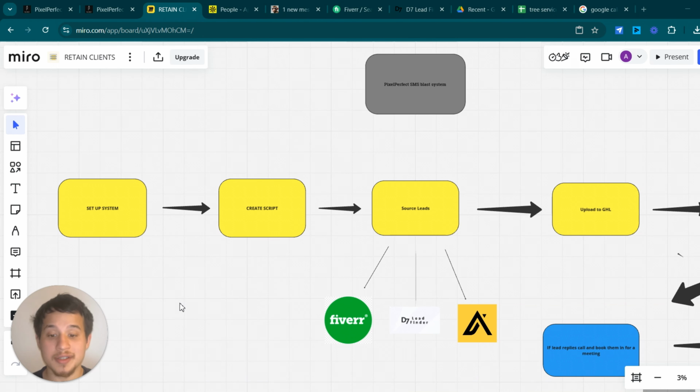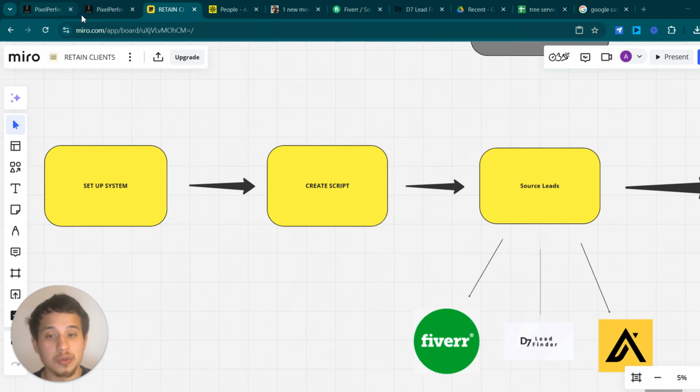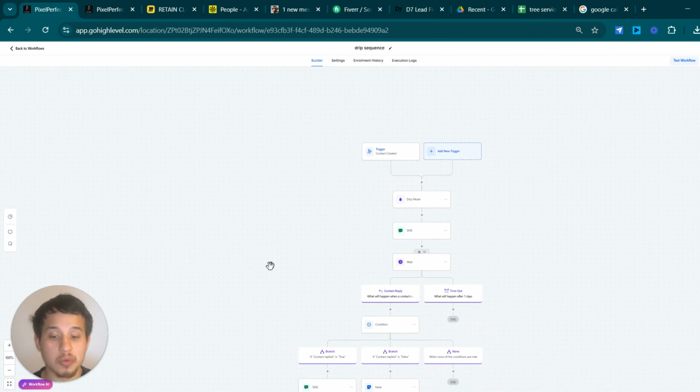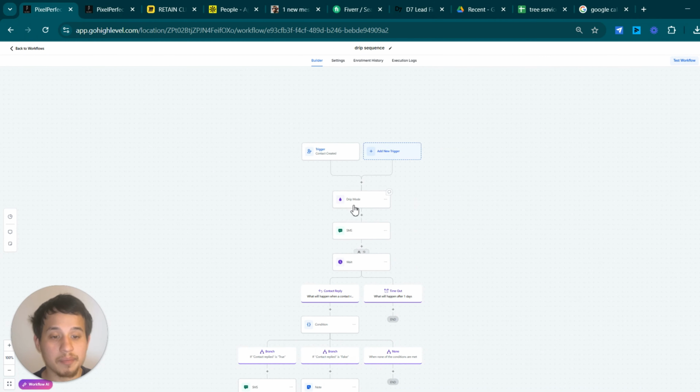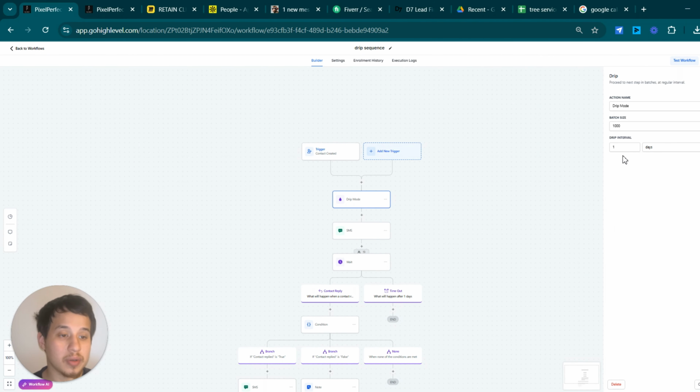So what is this system essentially? It's called cold SMS, and the reason why it's so effective is because it's all automated, right? So how do I set this up? Obviously, the first thing you want to do before anything else is set up the system. So what you're going to do is create a simple automation sequence on GoHighLevel. You're going to create a trigger, contact created, and the next thing you're going to put is the drip mode. The batch size will depend on the amount of threshold that you have in terms of